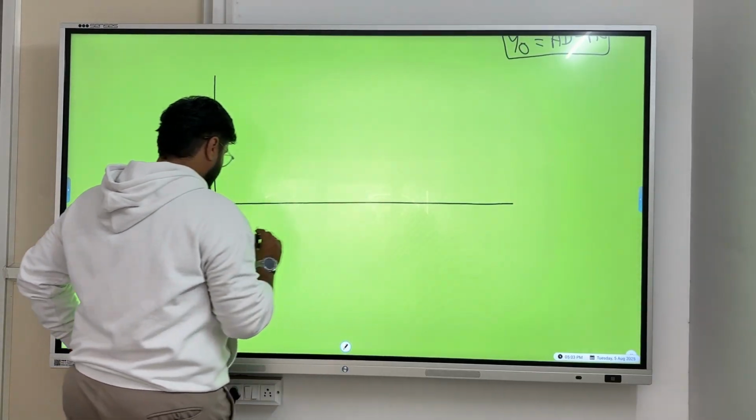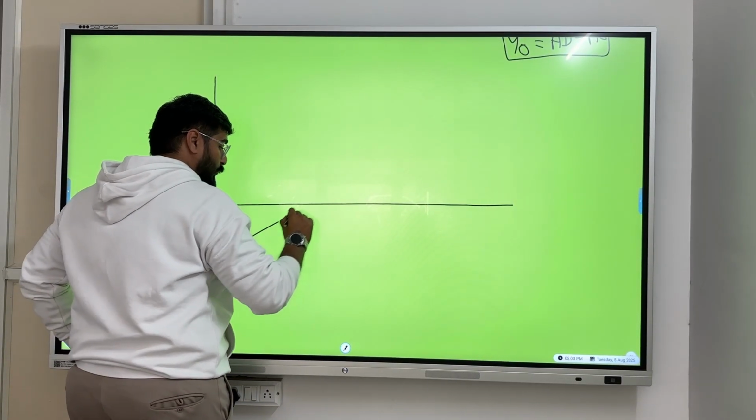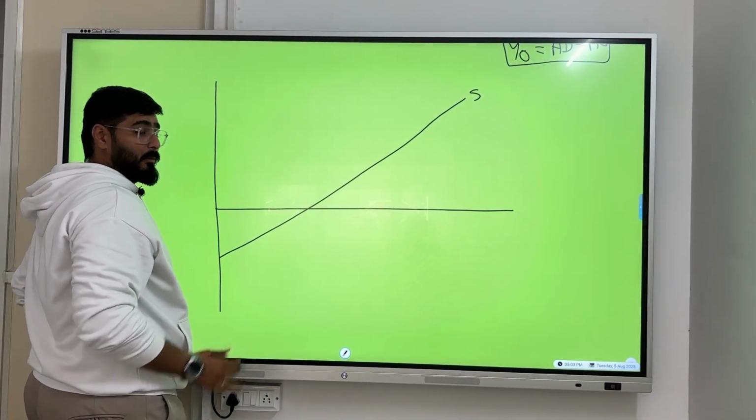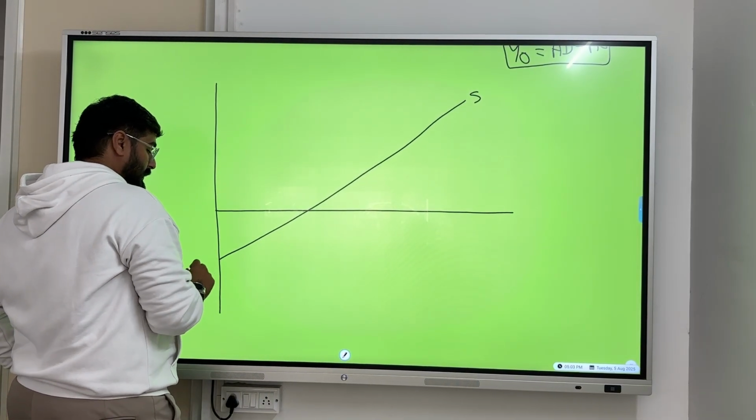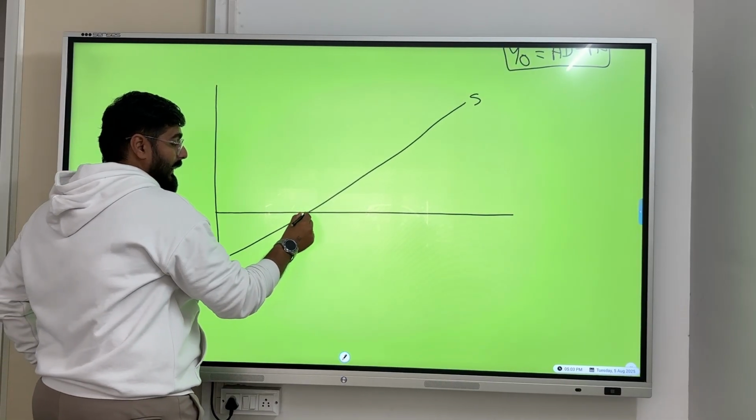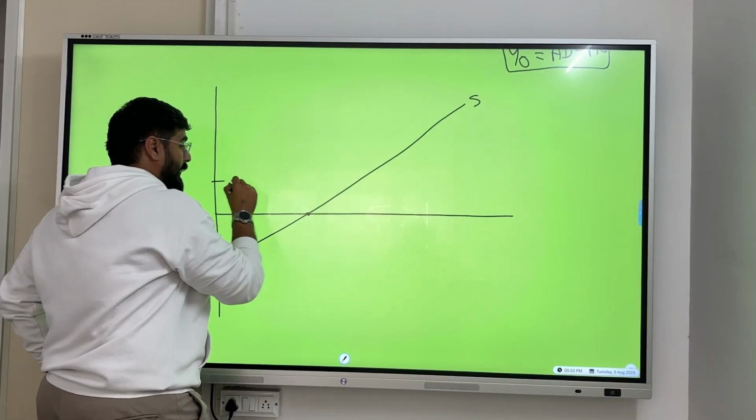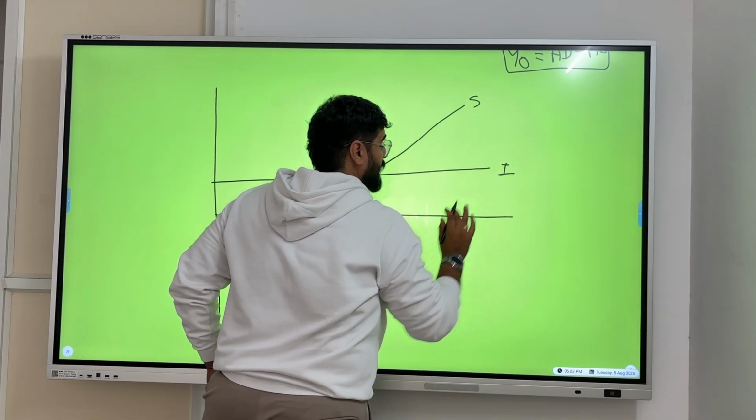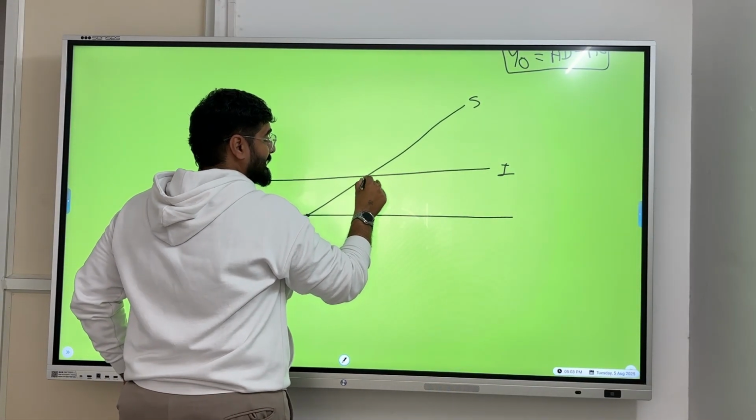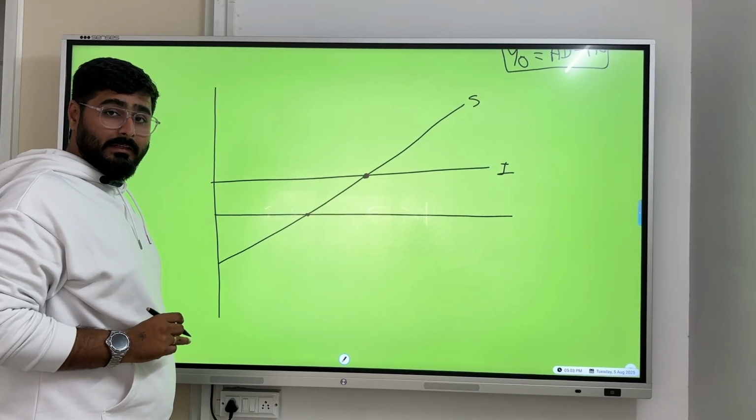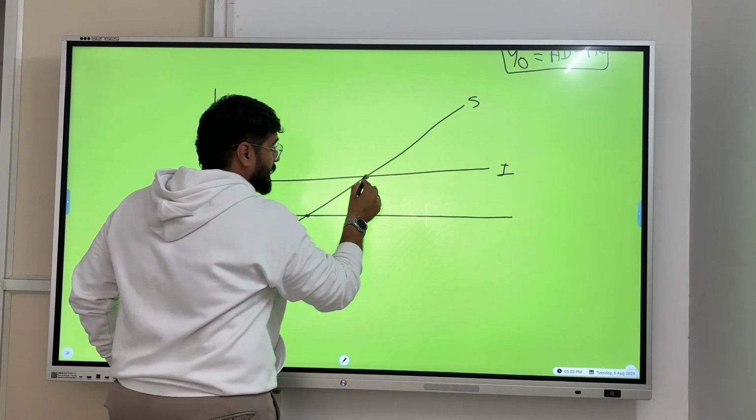The savings curve, we all know, starts from negative. At one point it is 0, and then it goes positive. And again, this is my investment curve. So I get this level of income as equilibrium,